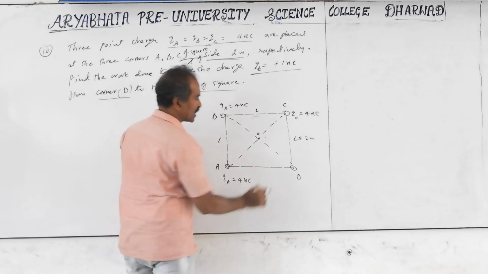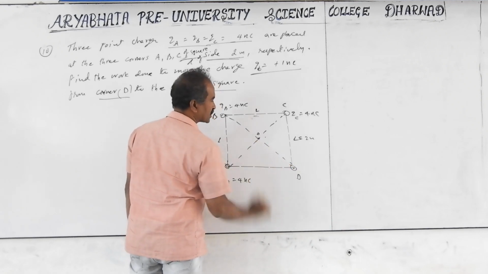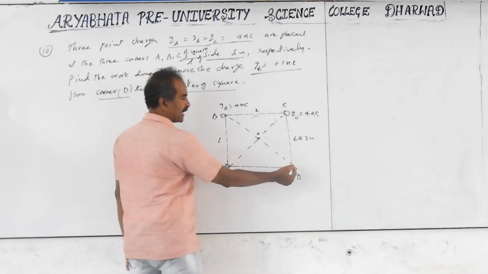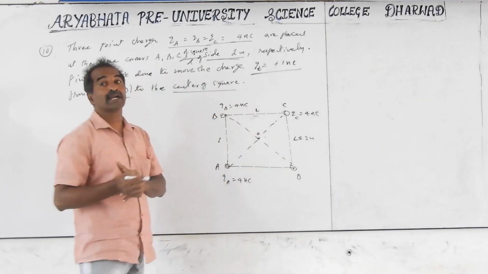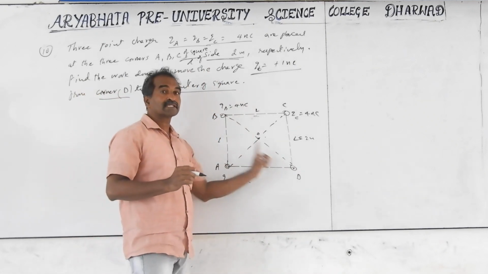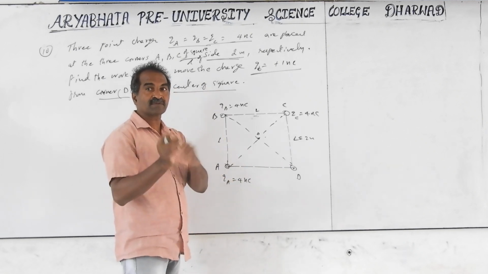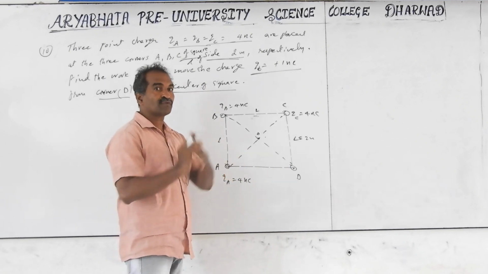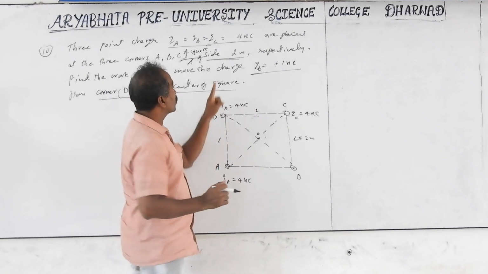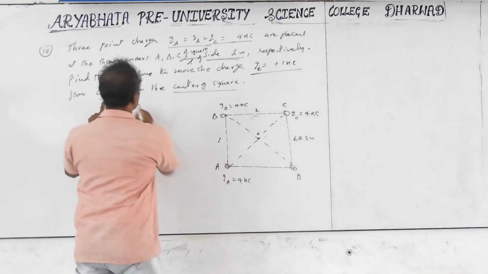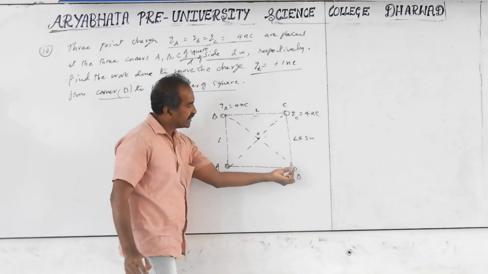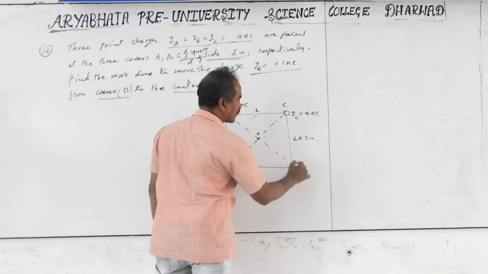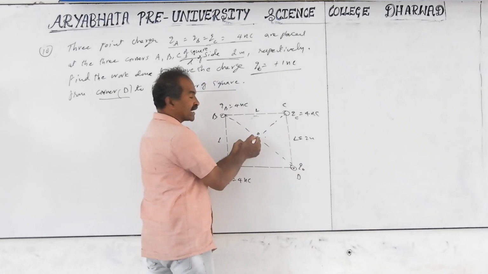Now we are moving the charge Q0 from this point to this point. You can calculate the total potential energy here and here, but you have to be careful about which point is final and which is initial. We always take final minus initial. Potential difference means final minus initial, and potential energy difference is also final potential energy minus initial potential energy. You are moving from the fourth corner D to the center, so the center is final and the corner is initial. Calculate the potential energy at the corner by keeping Q0 here, and then the potential energy when Q0 is at the center.